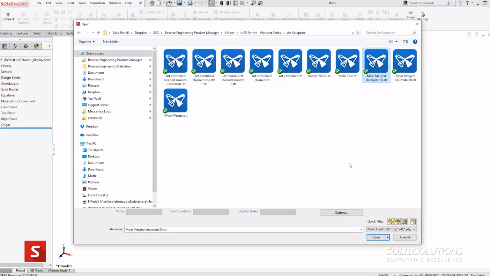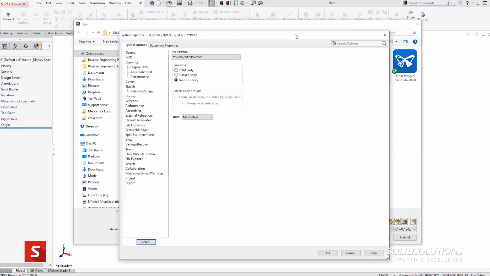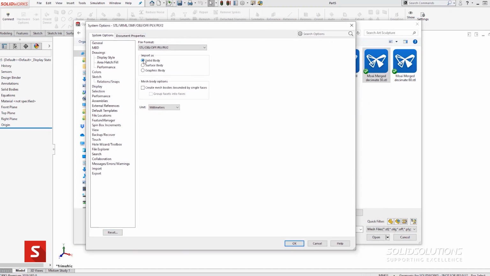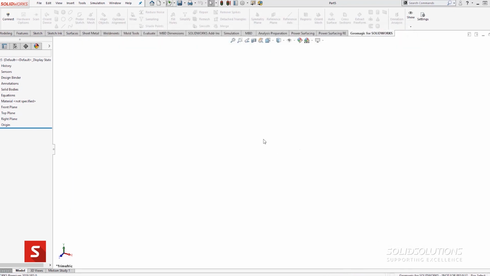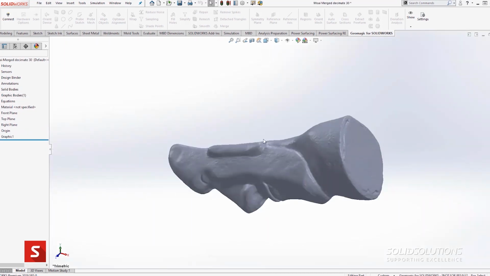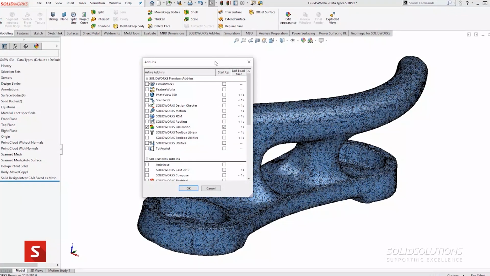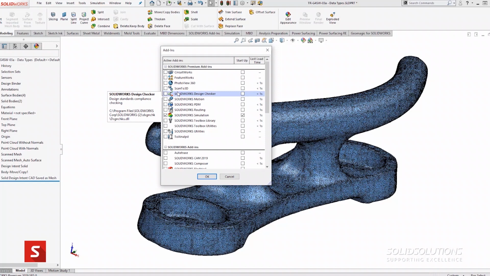So for example, if you have a very small STL file, one option is to use SolidWorks directly. You can actually import STL files straight into SolidWorks as either solid, surface or graphics bodies. And if you import as a graphics body, there are some great new tools that have been added to the new mesh modeling toolbar in SolidWorks. Another option is to use SolidWorks with an add-in. If you have SolidWorks Professional or Premium, then you already have an add-in called Scan to 3D, which can help you work with small point cloud or mesh files, and it's really aimed at making simple parts.